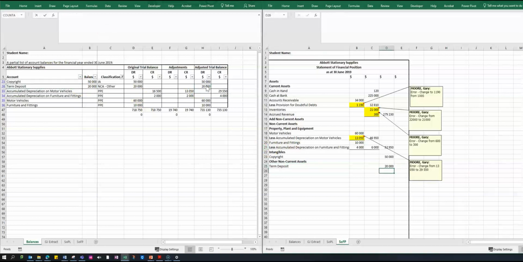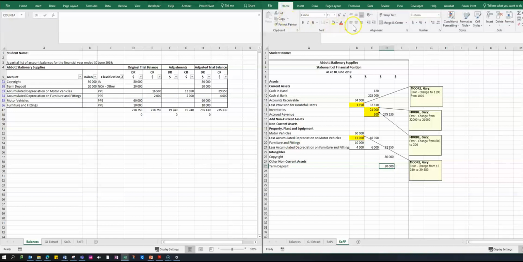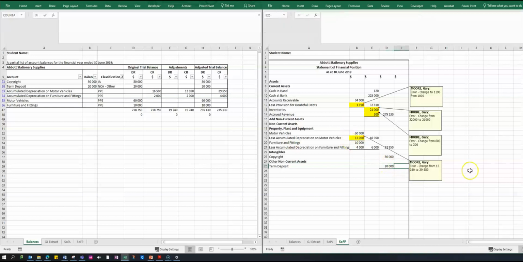So that's the last of our non-current assets. Okay. So we can get a total for all the assets. So sum